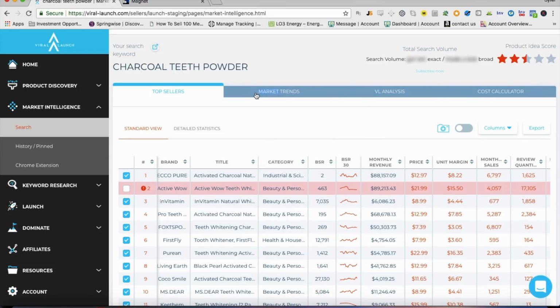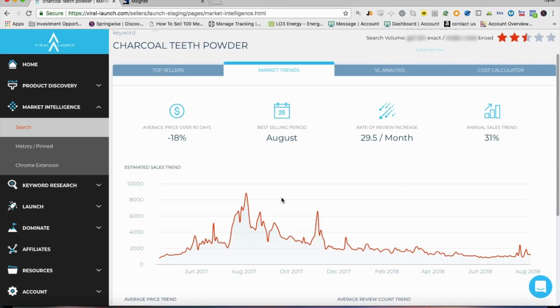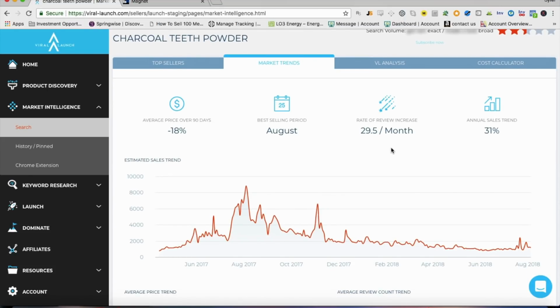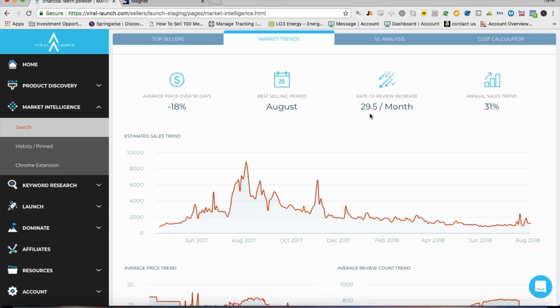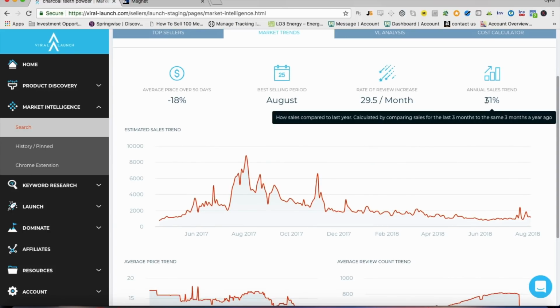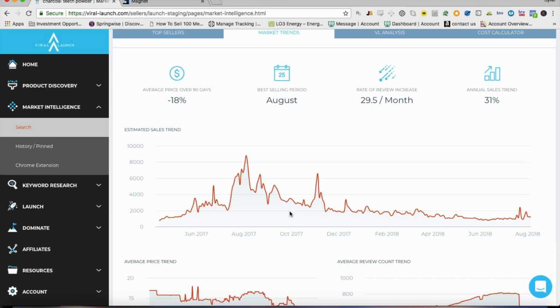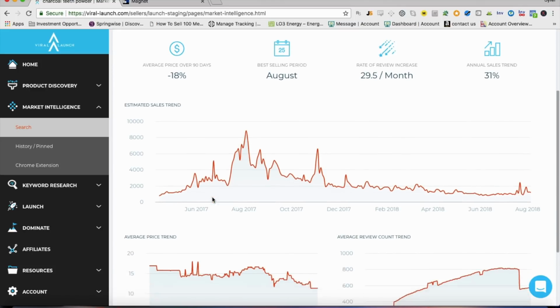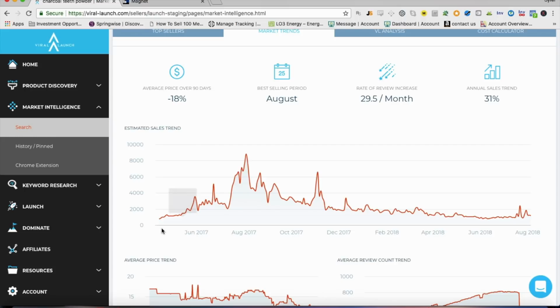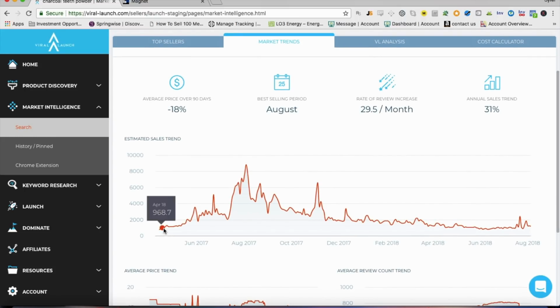So if you hit market trends, it'll tell you the best selling period is in August. The rate of reviews increases to 29.5 a month. Annual sales trend is only a 31% increase. And you can start to see this product seemed to have gotten real big back in June, or in April, when we first started seeing it. It might have been one of those YouTube influencer products that go viral on Facebook or something, because you can see here it's booming, it has these huge spikes,